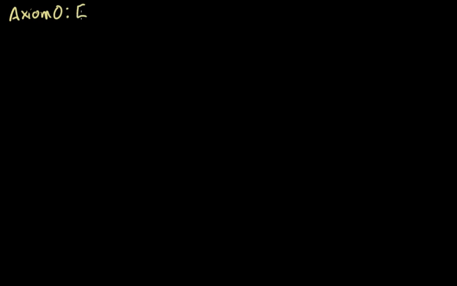So the first statement in Axiom Zero is every line contains at least 2 points. Something about this first statement: we don't know how many points a line contains. Every line might contain at least 700 points, but we know that number is at least 2. It turns out we don't need an axiom to tell us how many it contains. In the future, we'll prove that every line contains an infinite amount of points, but that'll be a proof, not